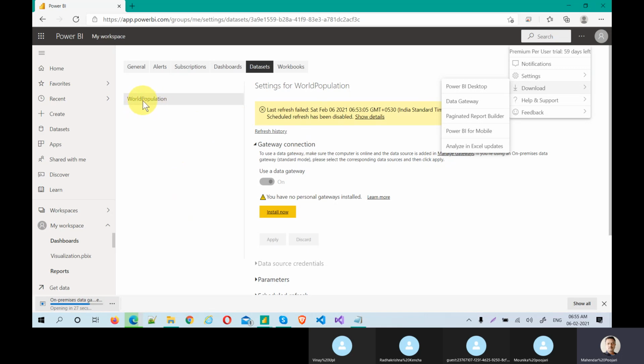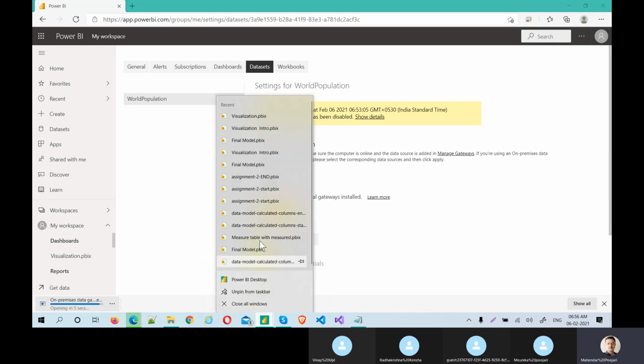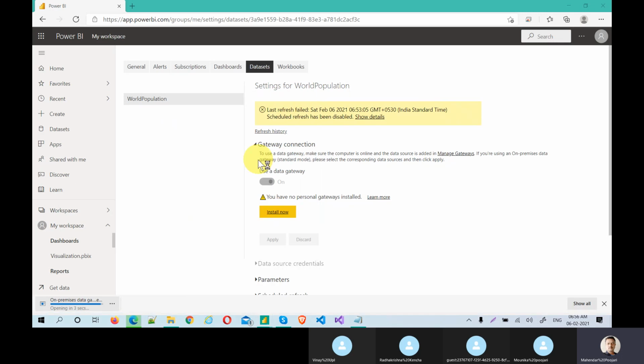Because we have only one dataset, you see one dataset, but if you have multiple datasets, you need to do all these things. Okay, now it's almost done. 15 seconds, 14 seconds. Meanwhile, we can create one more final model. I will publish this final model also. Okay, it's done.